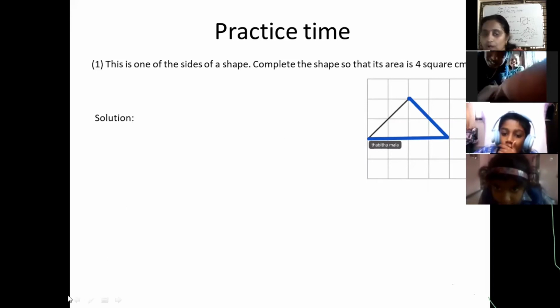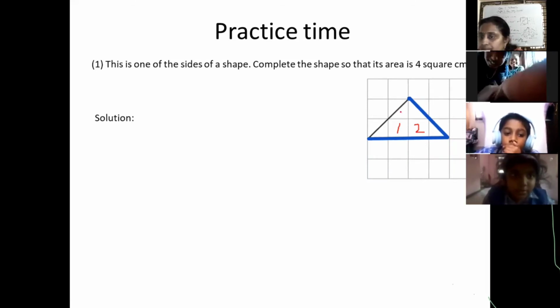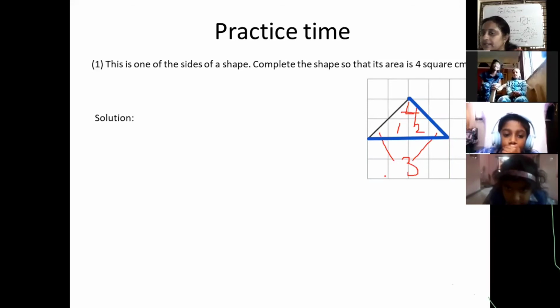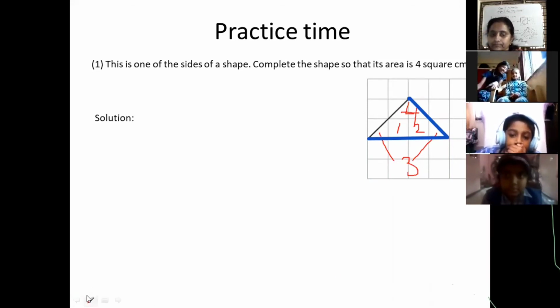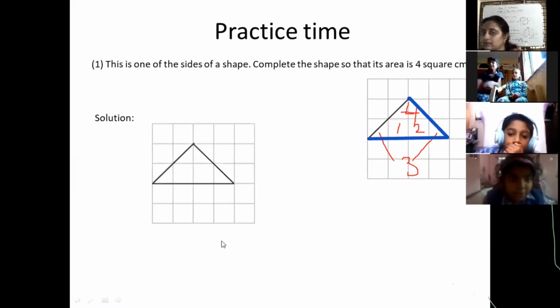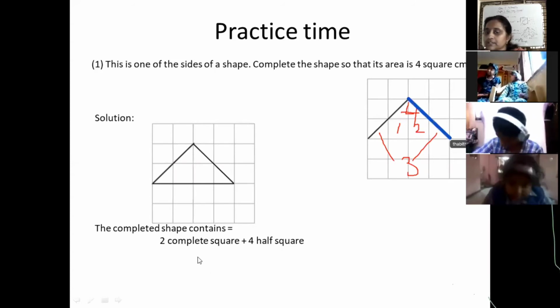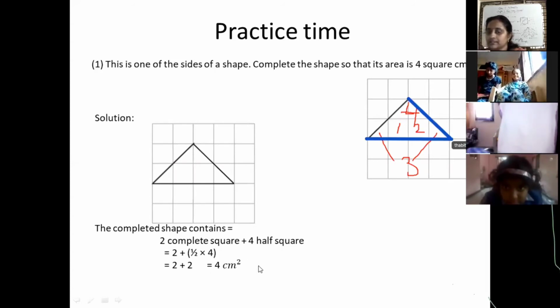Yes, very good. Now you can observe this, ma. You can observe this here. 1 full square. Here 3 and 2 halves. Here 1, 3. This is 4. So the area of the given figure is here. The completed figure is 4 square centimeters. Ma'am, should I rub it? Yes, ma'am. So the area of the given shape is 4 square centimeters.